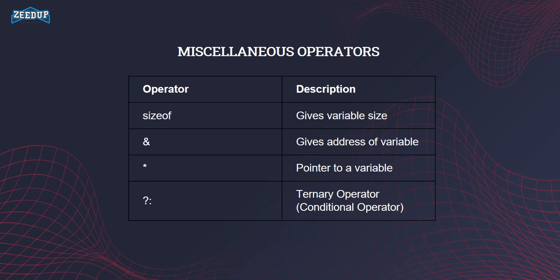So these are the different types of operators that we have in C. There is another type of operators available, and these are known as the bitwise operators. Bitwise operators are used to perform different tasks upon the individual bits rather than the whole number. These bitwise operators are quite an advanced level topic which we will not be covering in detail. So these are the different types of operators in C, and that's all for today's video.